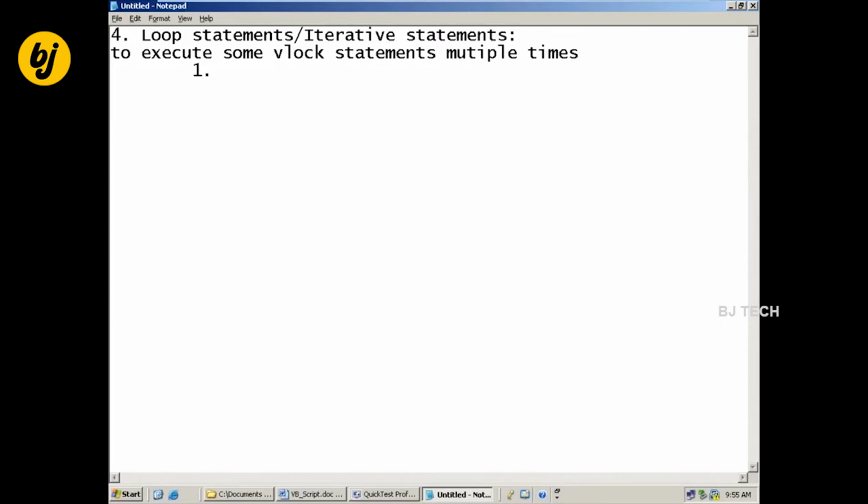So what are the things we are going to use here? We can use a while loop, we can use do while, and we can use a for loop.